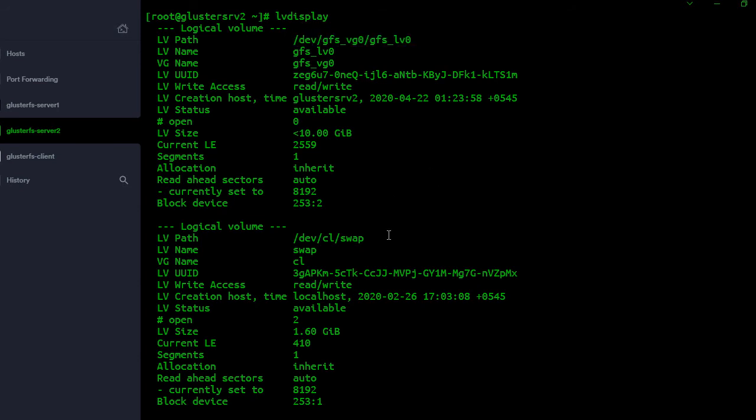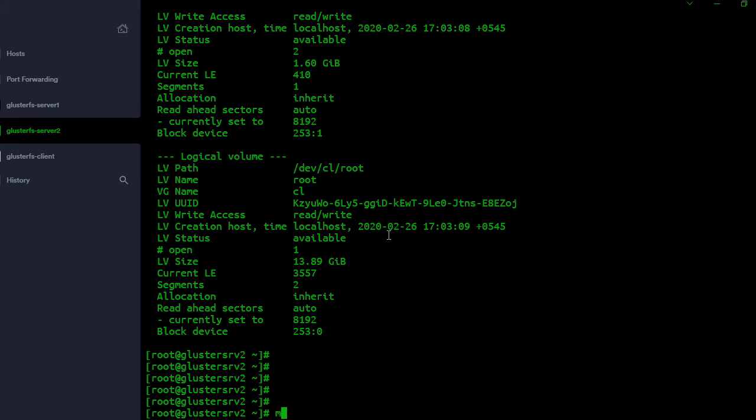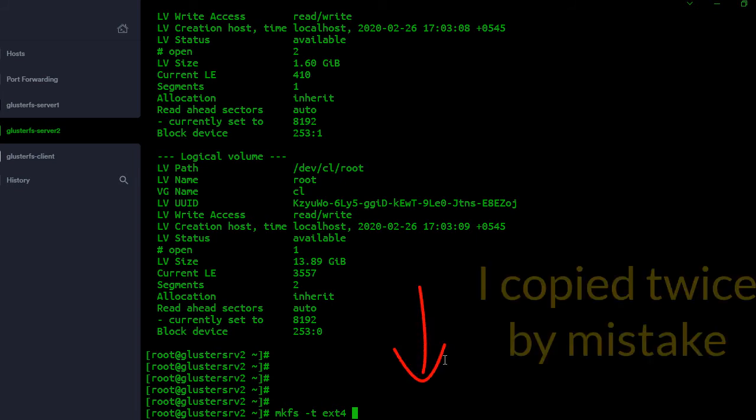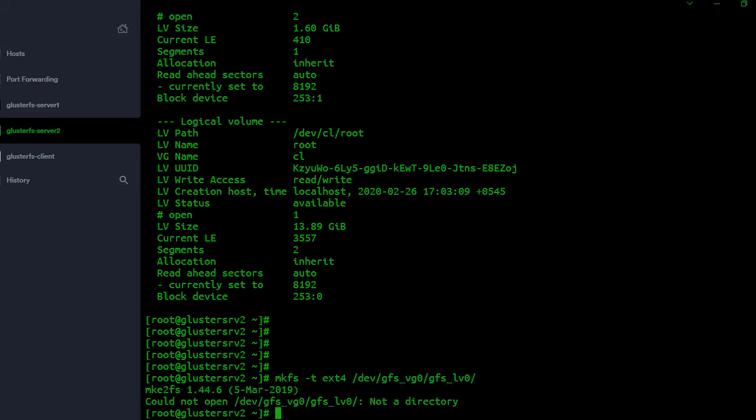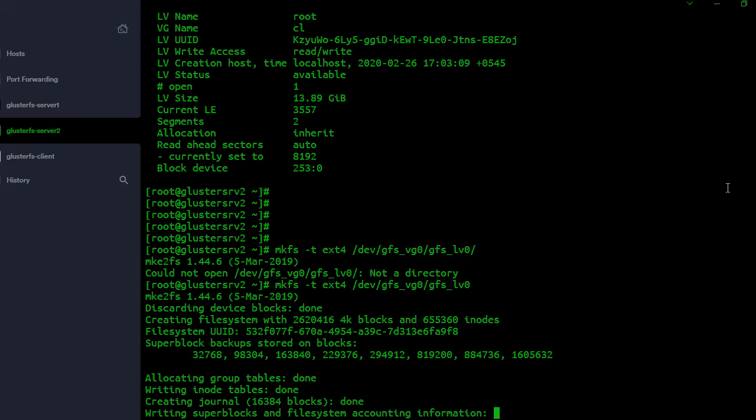To format it with ext4, I'll use mkfs. I used a dot in the earlier one, so I'll use -t and ext4. I'll provide the full path, and hit enter. Something is wrong here. Let's check. I think the trailing slash has caused a problem. Yes.